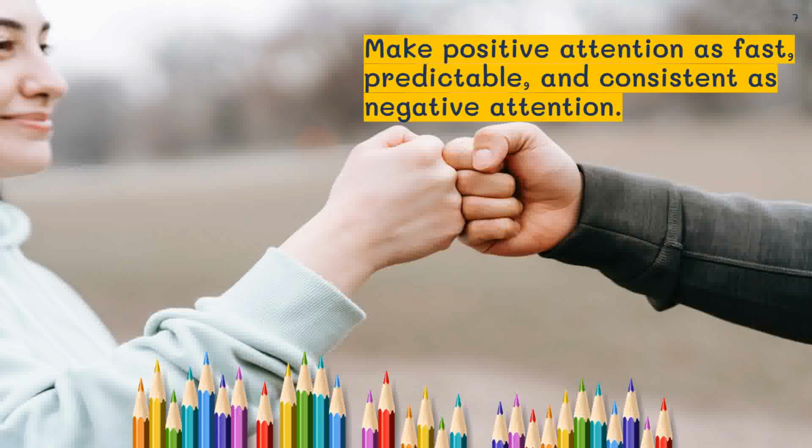But if you make your positive attention as fast, predictable, and consistent, that's all they want: your attention. So if you give your social approval, differentiate it so that you're withholding it from those that are not meeting your expectations and giving it to those that are. Once that's consistent and predictable, they'll realize, you know what, it's easier to just meet the expectations, because then I get what I need. That social connection, that part of belonging that is a part of every one of our students' makeups. They want to connect, they want to belong, and you have the power of your attention to change their behavior simply by withholding and directing your social approval.